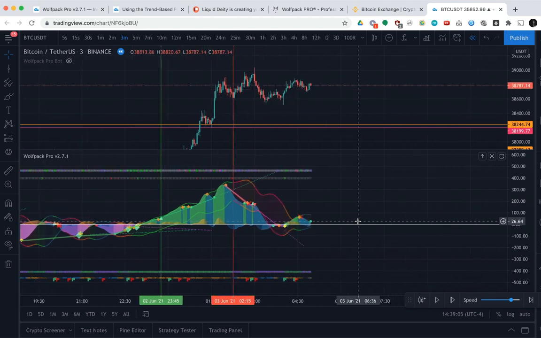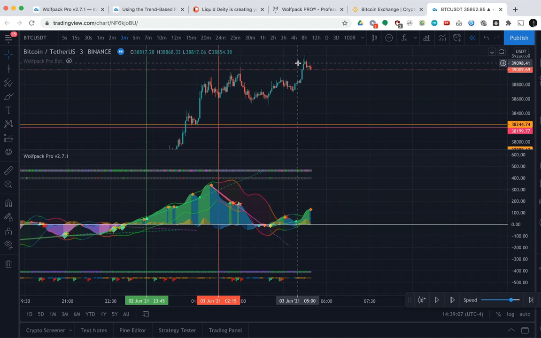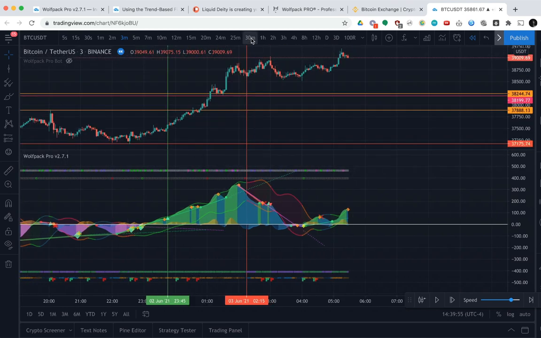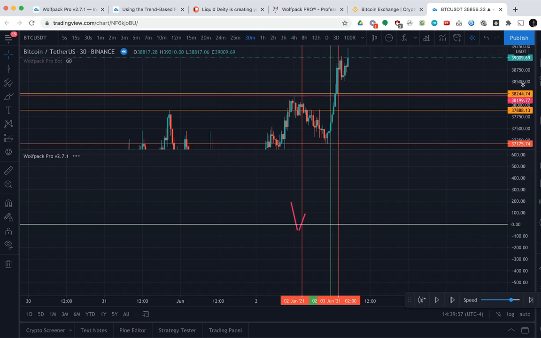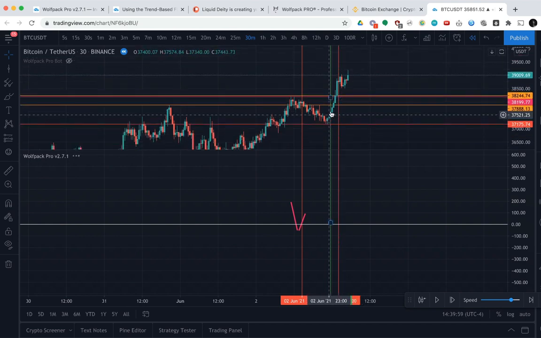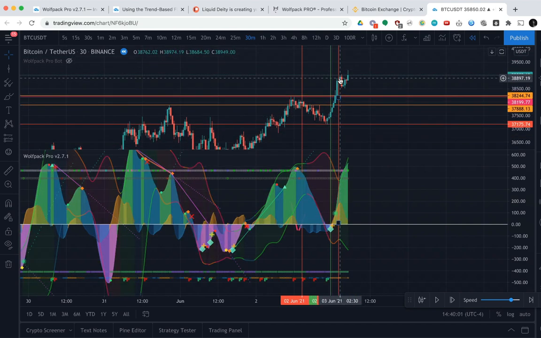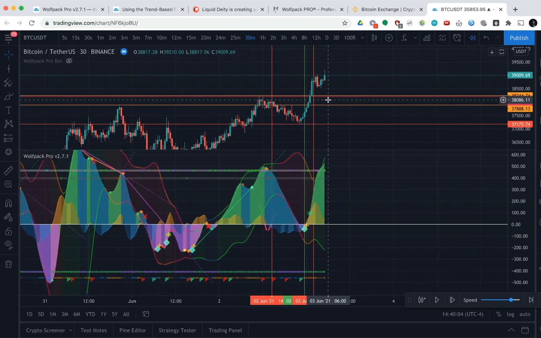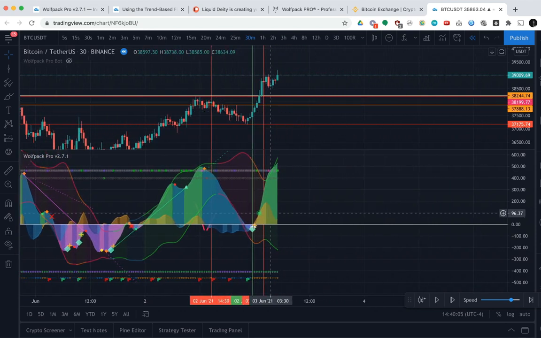Okay, so we actually made a higher high, but we took our profit, we took our gains, and that's pretty much the simple strategy. So see how the 30-minute chart looks like here. We really got a great entry here. This wave is still coming up on the 30-minute chart. We ended up printing a golden cross right there at our entry, and this wave on the 30-minute is still